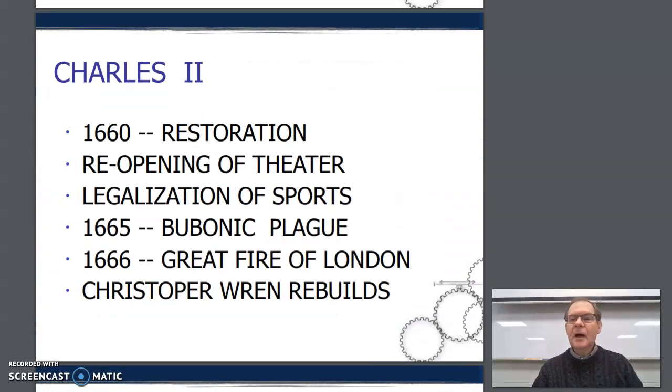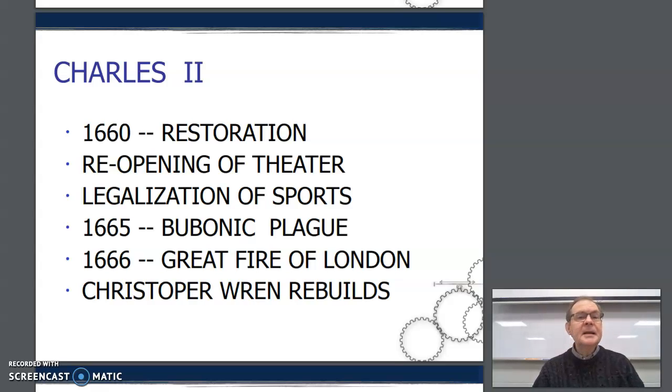A Puritan leader, though, won. His name was Oliver Cromwell. He became a dictator, however. His army, known by people as Ironsides, but officially as the New Model Army, was very worldly, and there were a lot of abuses. The Puritans closed sporting events and the theater. They did not like people gathering in groups. They were afraid of sedition. And the people grew very, very tired of all of this.